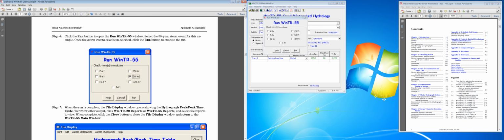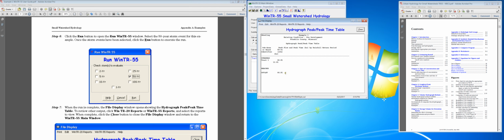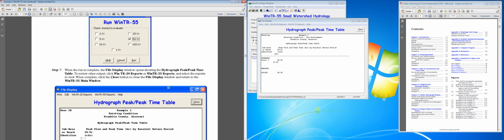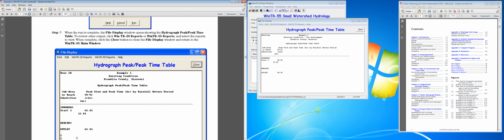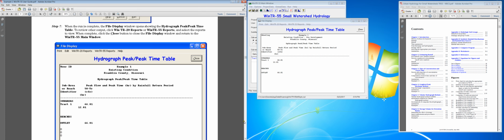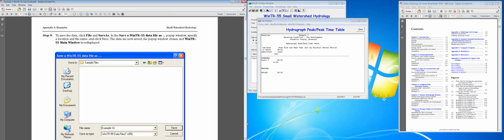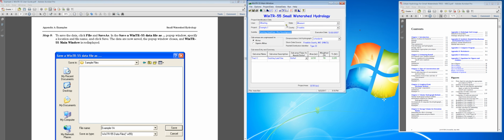Okay. So once I've got that, I'm going to click run. It processes and it says in the outlet I have 66.81 CFS. Okay. So I've got 66.81. Now, in the next part, I'm going to go ahead and save this. I'm going to go ahead and close, and I'm going to go File, Save As,